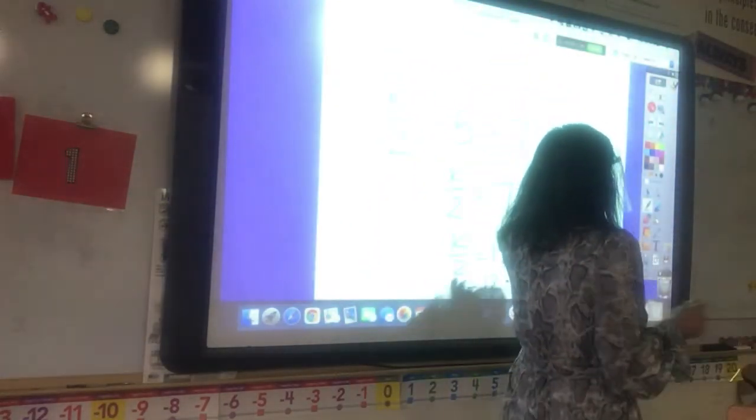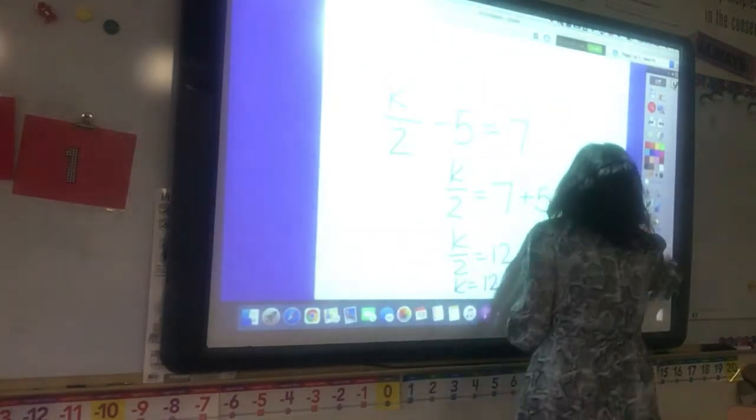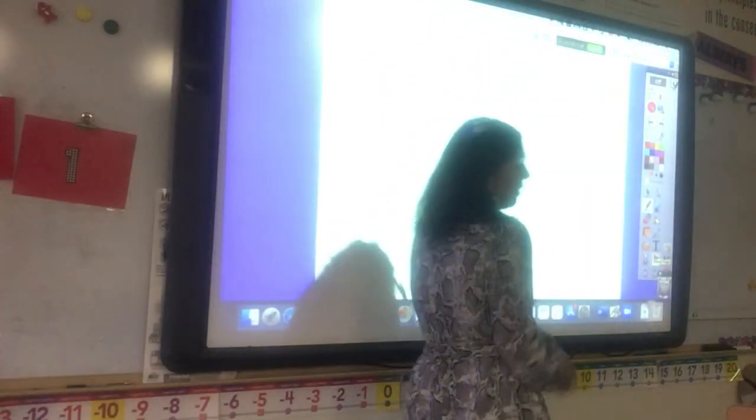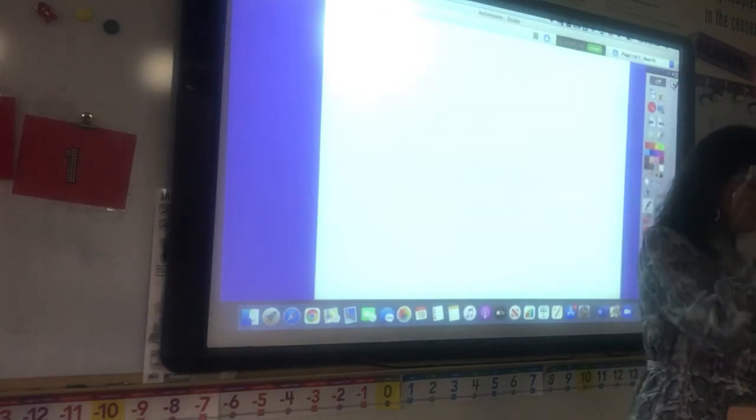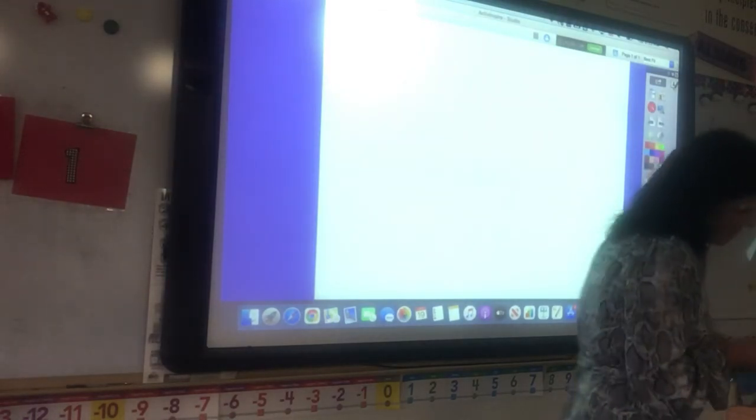Okay? And this is the way you will always solve equations. So even when you're older and you have tons of different things over here that need to go over, you keep doing the same thing. Every time you move something over, you have to do the opposite to it. Okay, let's try